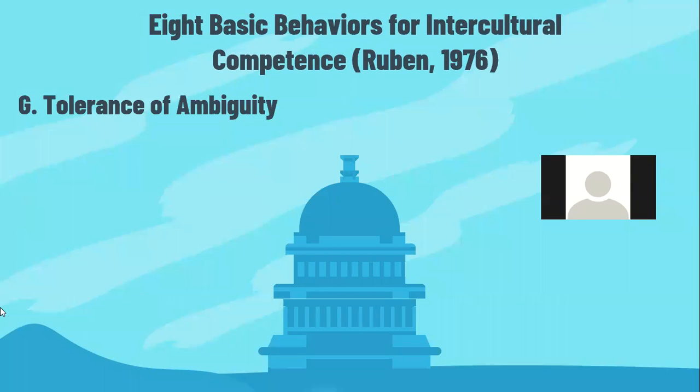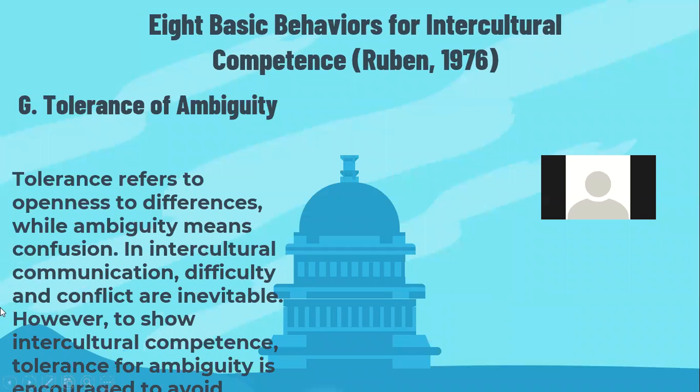We also have tolerance of ambiguity. Tolerance refers to openness to differences, while ambiguity means confusion. In intercultural communication, difficulty and conflict are inevitable. However, to show intercultural competence, tolerance for ambiguity is encouraged to avoid